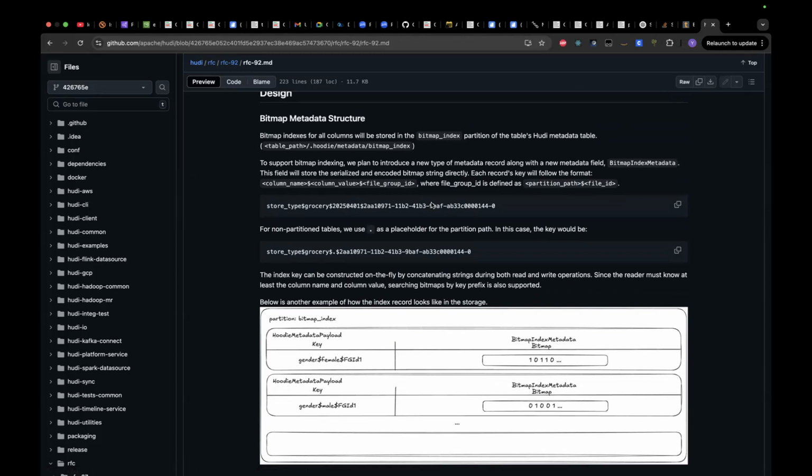So the key here, as you can see, is basically a concatenated string of column names, column values, and file group ID. For file group ID, it basically consists of two parts. That is partition path and the file ID. So that it can be globally unique, meaning that for every file group,